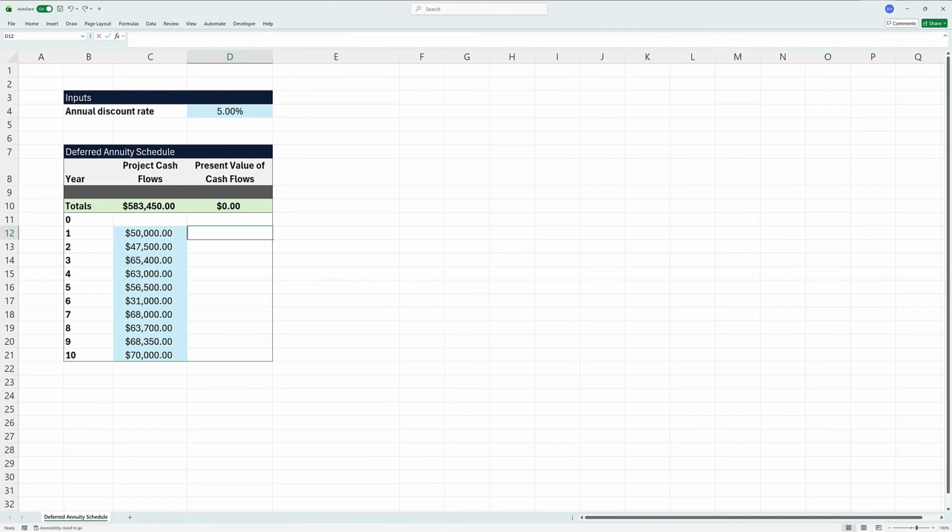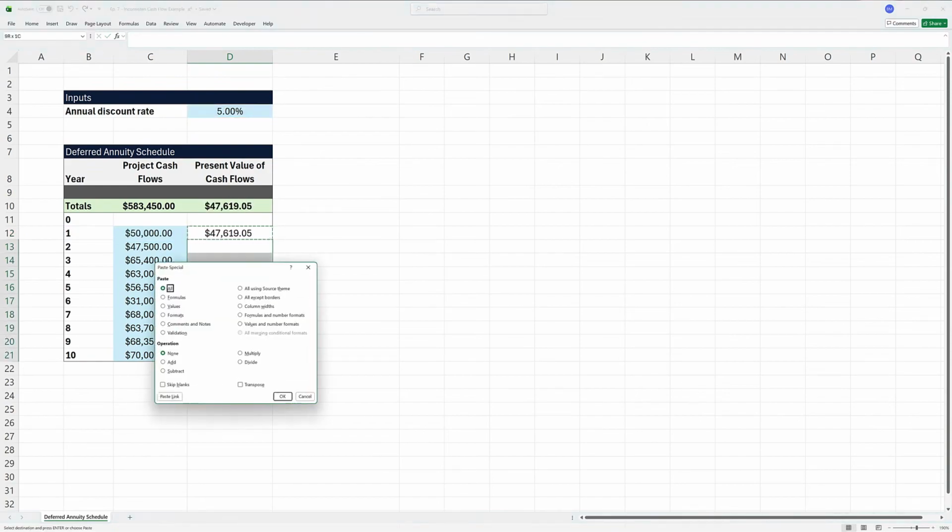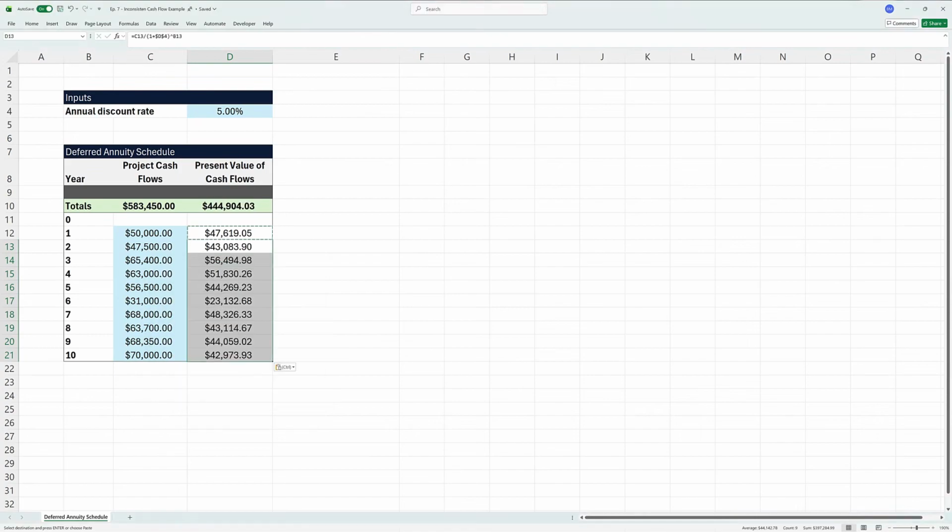Each present value is calculated as the nominal cash flow divided by 1 plus the 5% rate raised to the number of years until that cash flow occurs. And if we sum the individually discounted cash flows, we calculate a present value of $444,904.03. Excel also provides a built-in net present value function that performs the same calculation in one step, using equals NPV with a 5% rate and referencing the stream of annual cash flows, produces the same